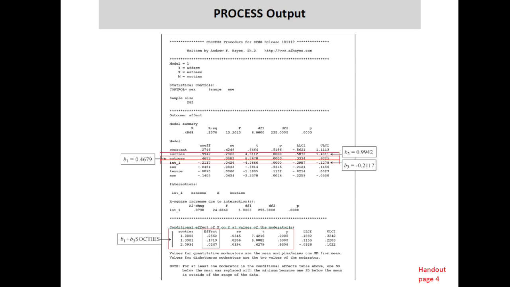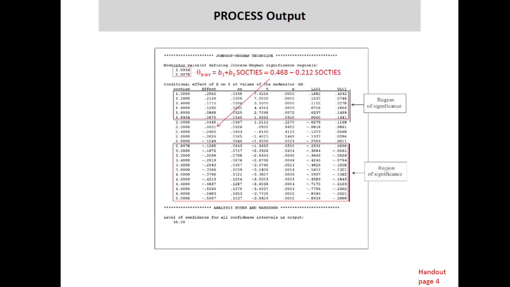Okay, so that's the pick-a-point approach, and it does that for you whether you want it or not. You can't stop it. But what is an option is the Johnson-Neyman technique. You have to ask for that, but it's a simple 4 characters in the code. And this is the output that you get.